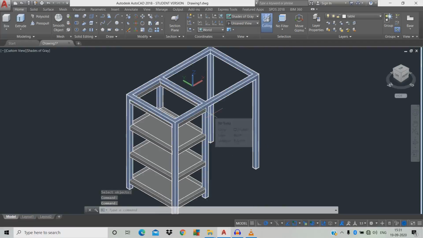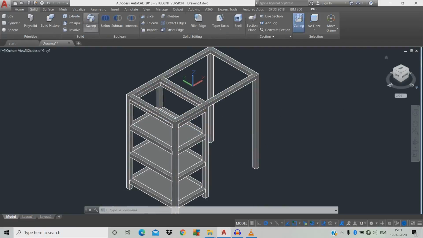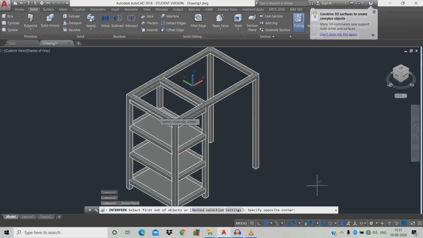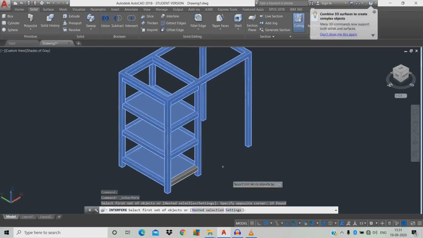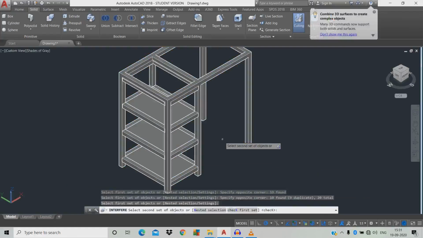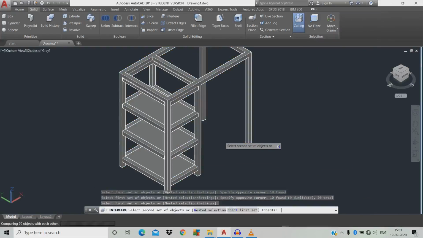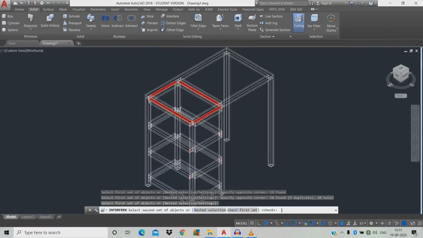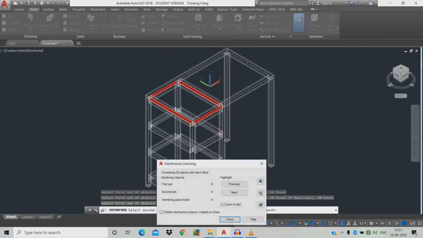Now we're going to check whether it is correct as we designed it. For that, go to solid, click interfere, just click the entire object, space. Once again press space. Here it will show the overlap.